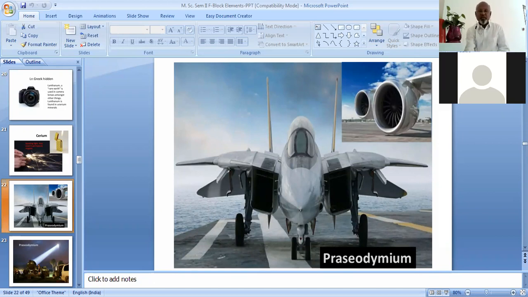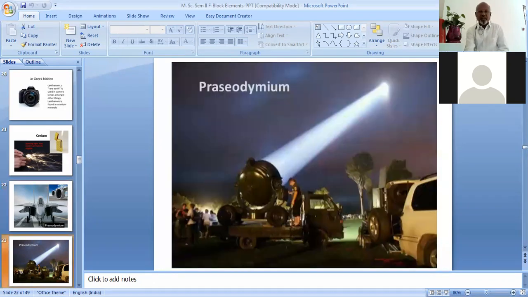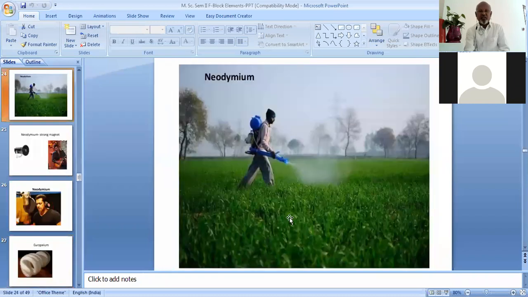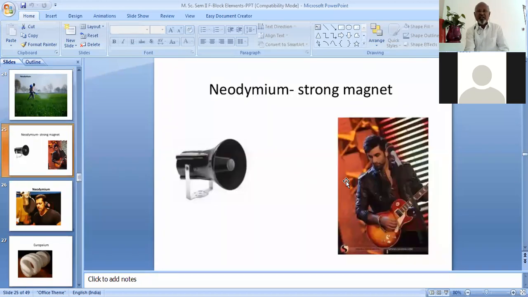So praseodymium is used in aeroplanes. Then this is again an instrument which is specially designed for the power light. Again, certain instruments which are used to spray certain crops, food giving crops, use neodymium.